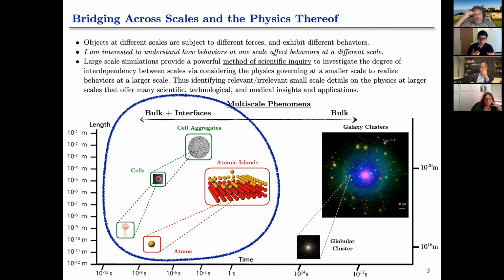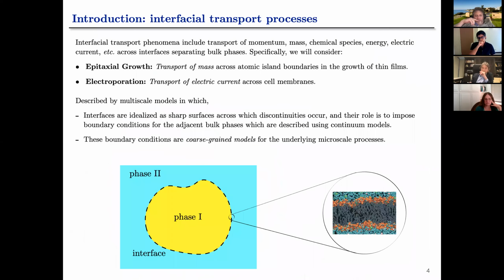Different scales. Basically, you could say I'm interested in multi-scale phenomena, and they happen at all spatial and temporal scales, from galaxy formation to epitaxial growth to cell aggregates. But today, I will only focus on this specific category, where the physics happens in the bulk and you have some interfaces that regulate the transport processes, which takes us to a short introduction to interfacial transport